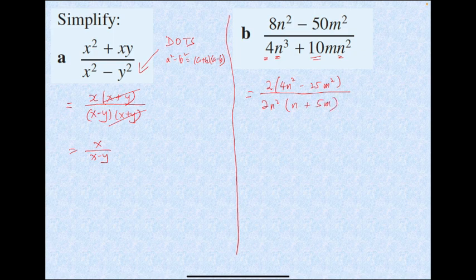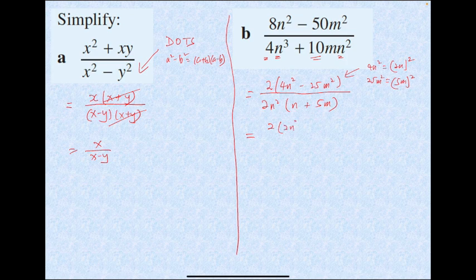Correct? Now, let's have a look at the numerator. This 4n squared minus 25m squared, you could think about it as a squared minus b squared, your difference of two squares, because 4n squared is actually 2n all squared, and 25m squared is actually 5m all squared. So therefore, the numerator is 2